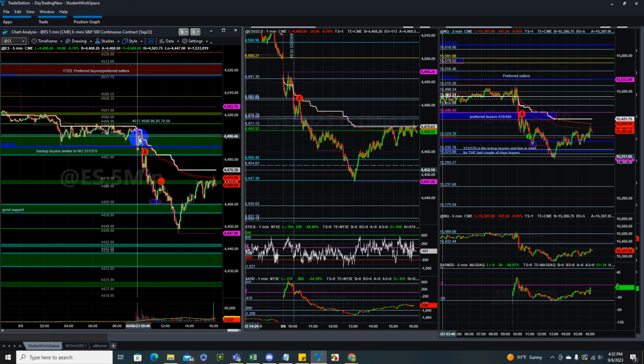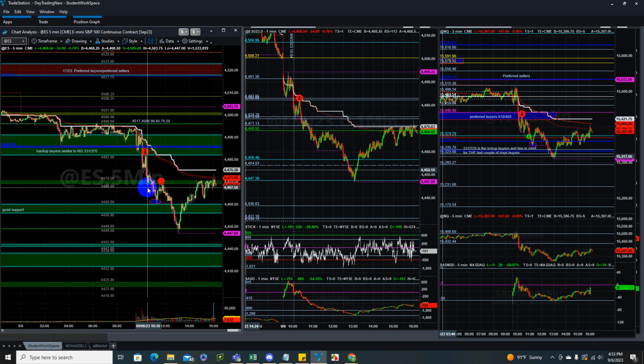right here, see, we were watching it here right off the open. We were watching these things, and then we had this break. So I was talking about the importance of these levels, and then we had this break, right? And then it pulled back. So I was looking for a pullback here. I was praying that please don't go down, give me a pullback,